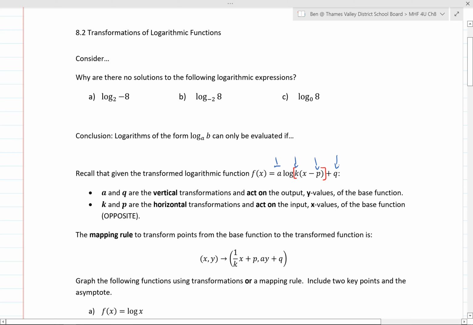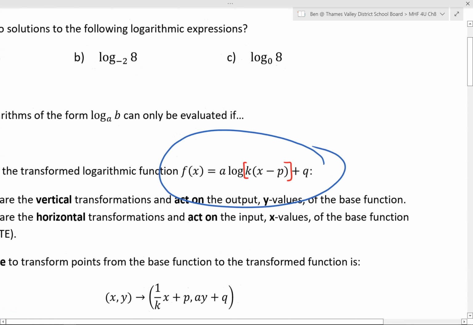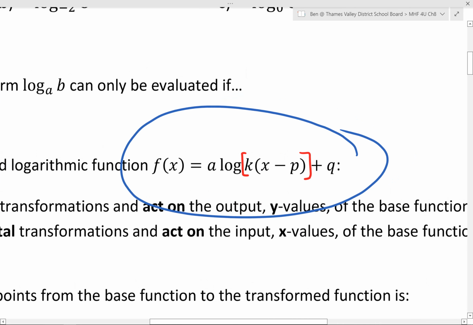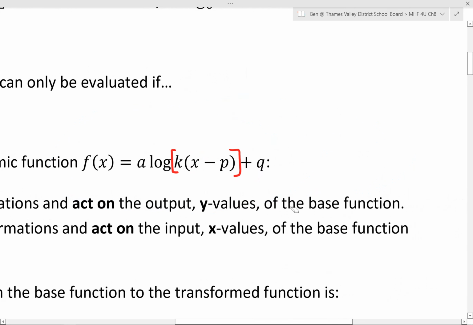Okay, so now in terms of the locations of these values inside a logarithmic function, it looks just like what's written here. You'll notice I added in these square brackets. They can help simplify it for you. Nice and easy. Our A term, that is our vertical stretch or compression or reflection, can be found on the outside of our function, which makes sense because it works vertically, multiplying by our logarithm. Okay, our K value, which is, again, our horizontal stretch or compression or reflection, can be found inside the logarithm,